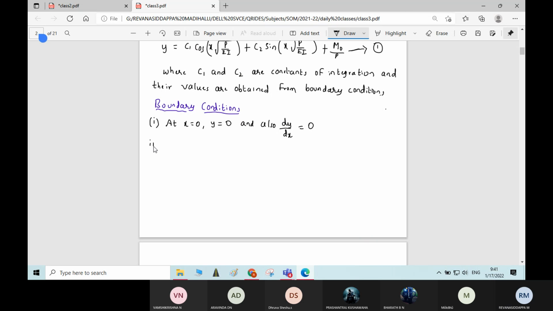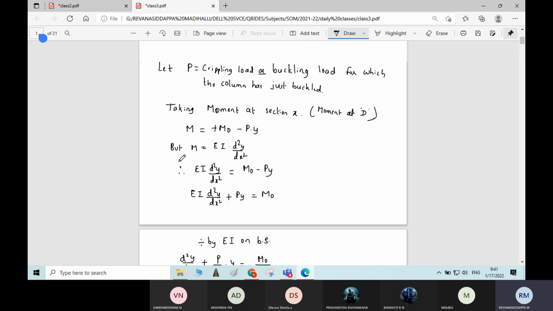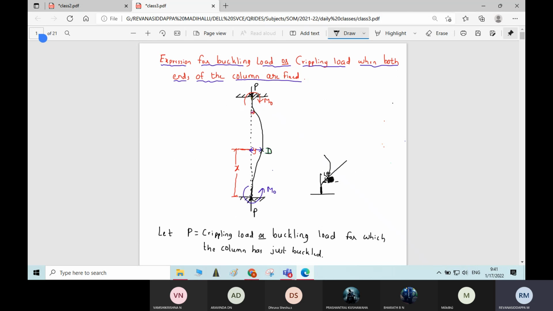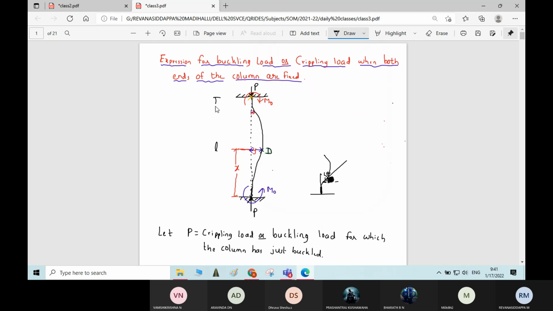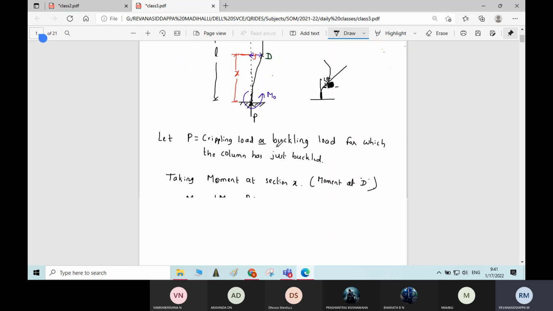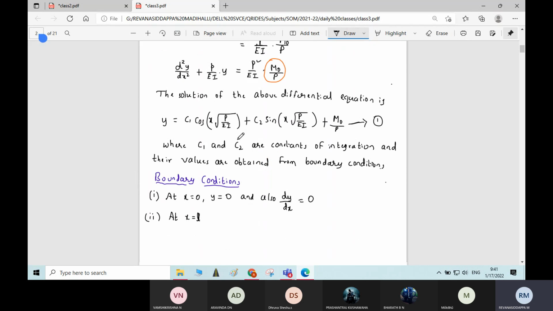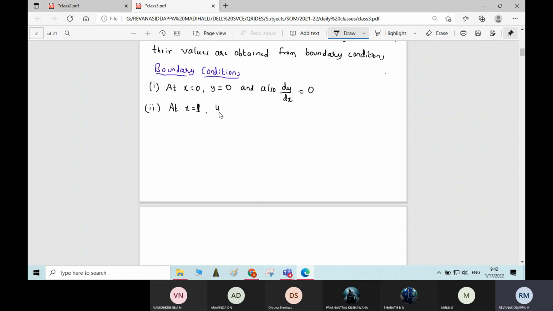Similarly, at x equal to L, what about the deflection at x equal to L? At this point, when x equal to L, deflection y is 0 and similarly slope is also 0 at the other point, because there also we have the fixed support. Same condition: at x equal to L, y equal to 0